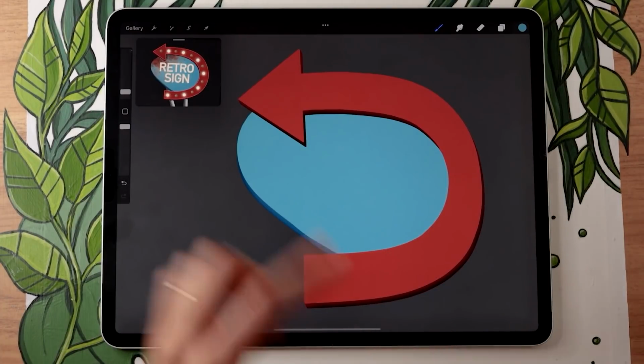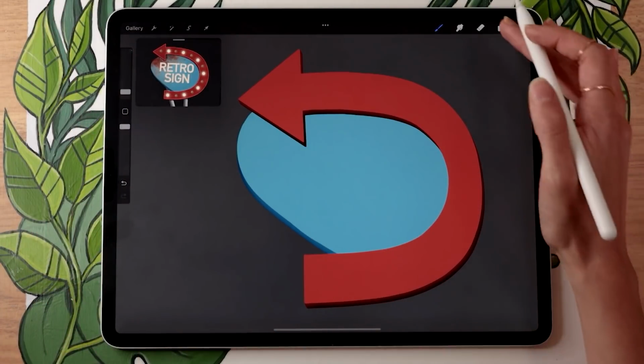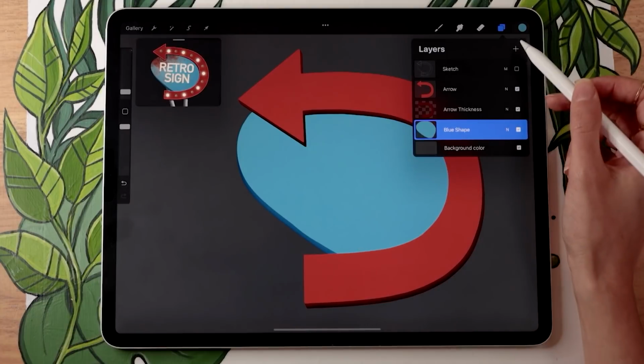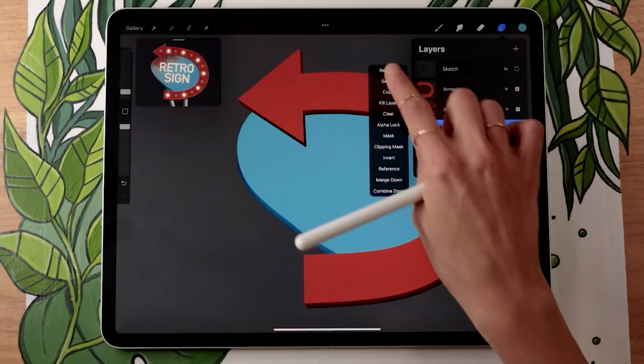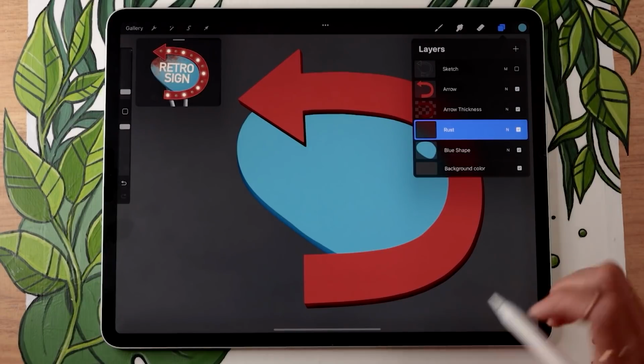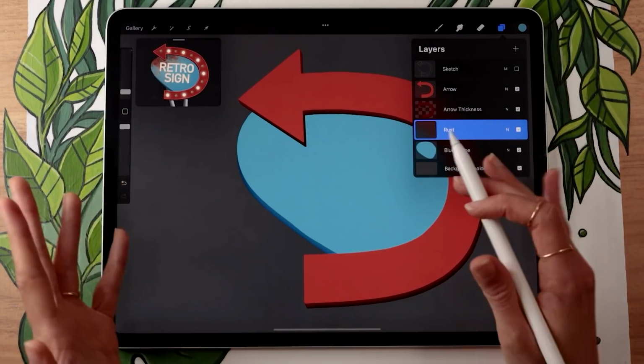We're going to start by painting some rust, which is going to bring a lot more texture within the piece. So for the rust, we're going to create a new layer, and we're going to put this layer above whichever shape we want the rust to be on. So in my case, I want it to be on the blue, so I'm just going to create a new layer here and rename it to rust. Now, one thing that is important is that we want this rust to stay within the shape. We don't want rust in the background, of course.